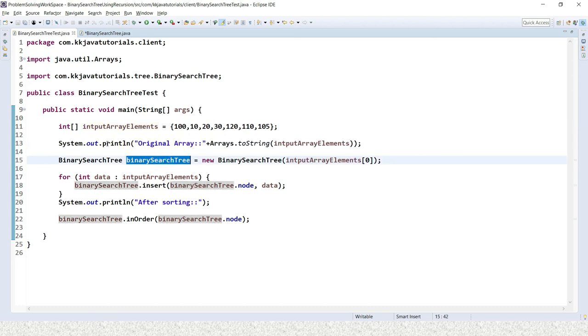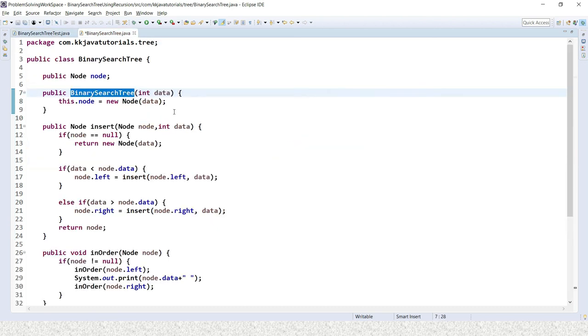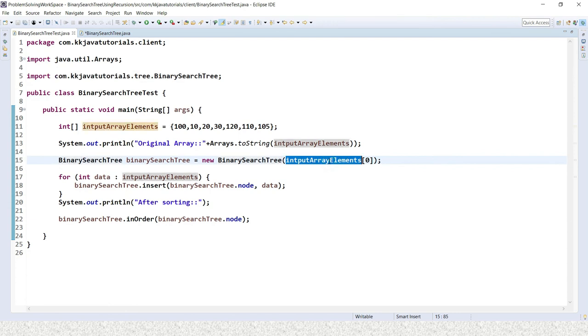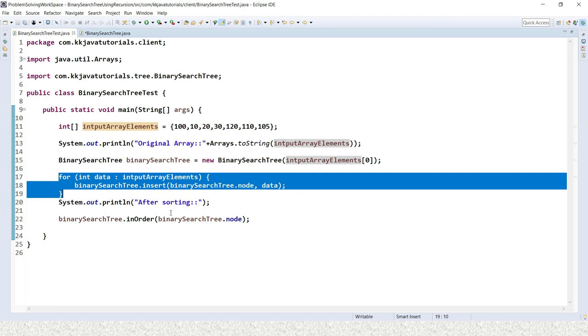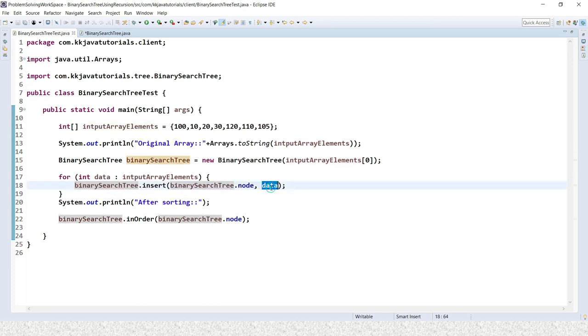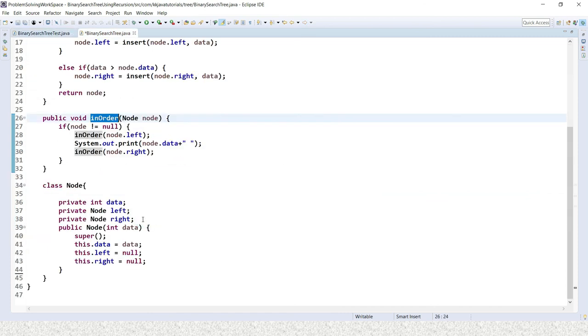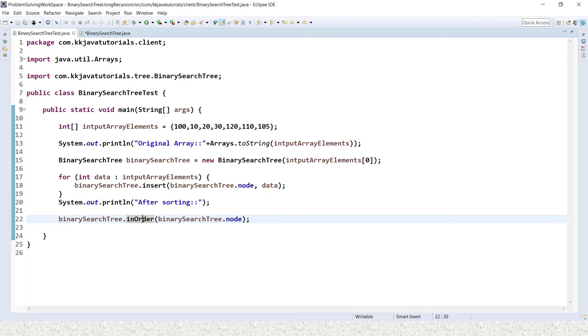Then I have created a binary search tree class, and there I'm passing the first element of this array as the root node, and again I'm traversing this array, and I'm inserting each and every element from the array into the binary search tree, creating a different node with each data. And once that is done, then you have to call the inorder method, which we have created to display all the elements in the ascending order.